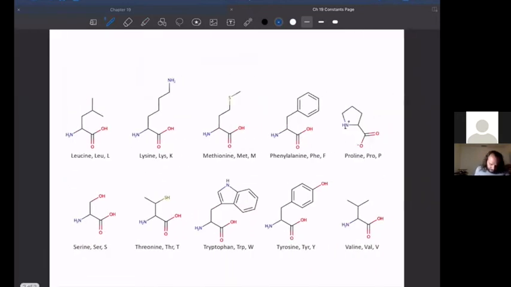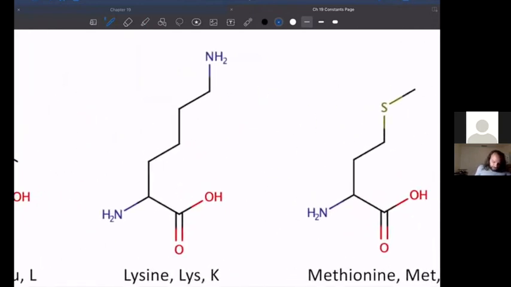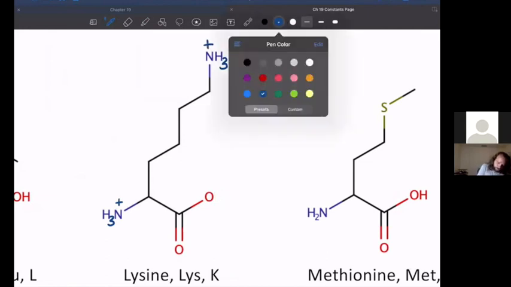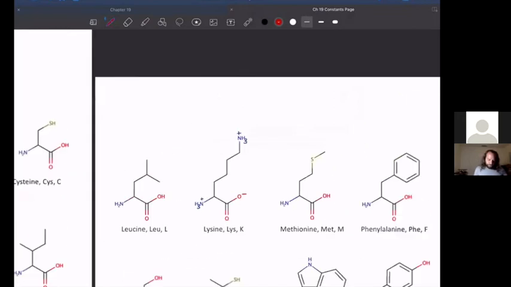And then the last one was lysine. Here we go. And lysine is just a good old amine group as the R group. And so just like we changed this to an NH3 plus, we would do the same thing to our R group. And then remember to get rid of this hydrogen and put a negative charge. So this is how you would draw lysine at physiological pH.